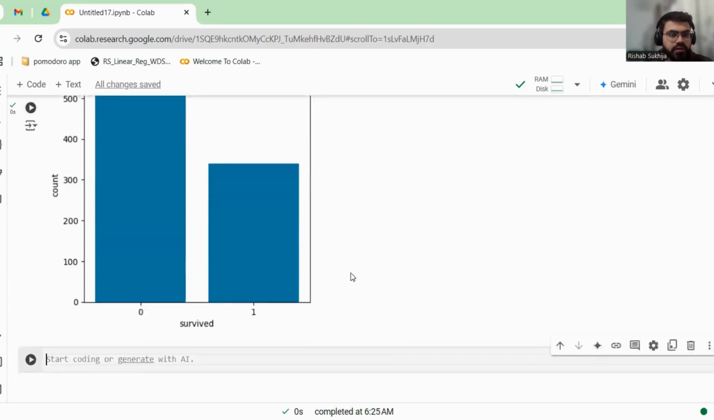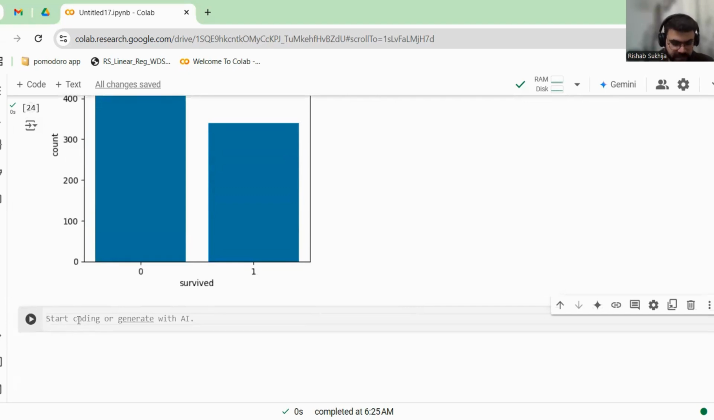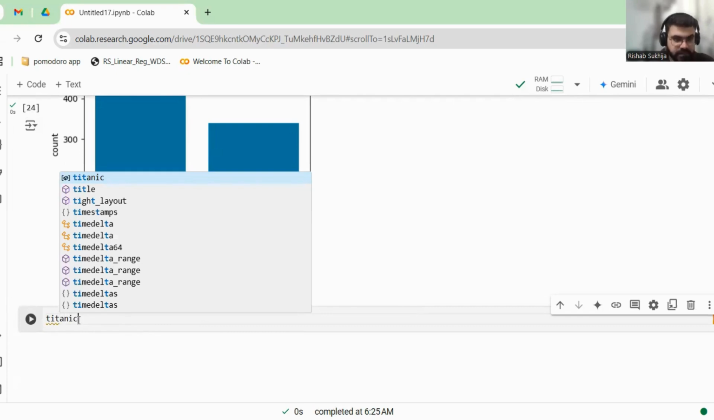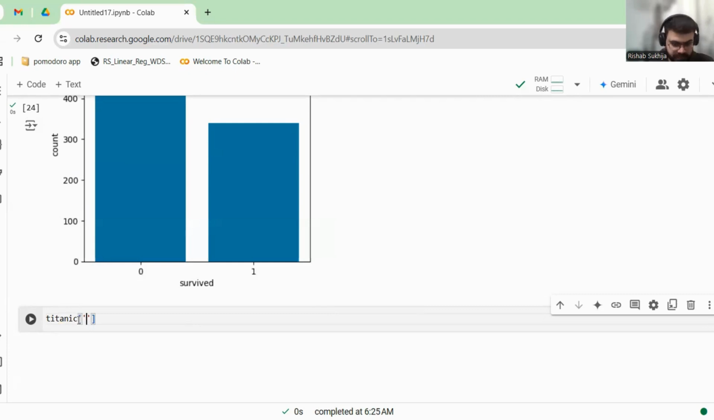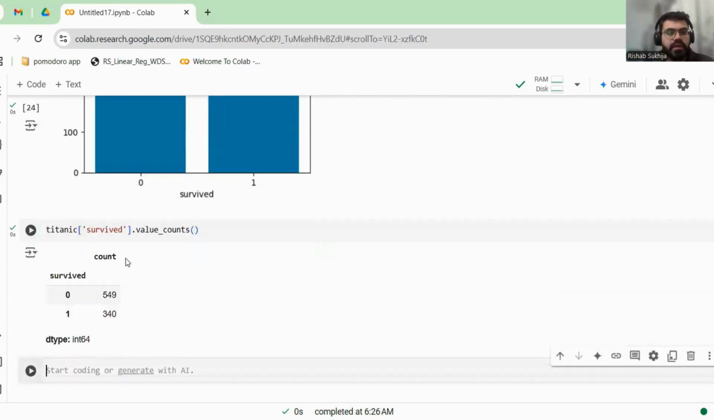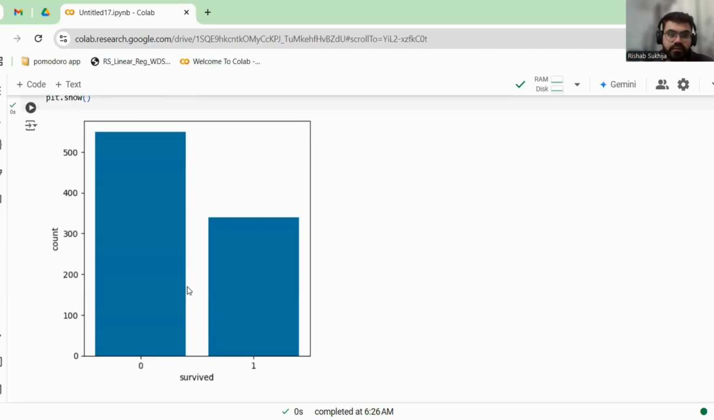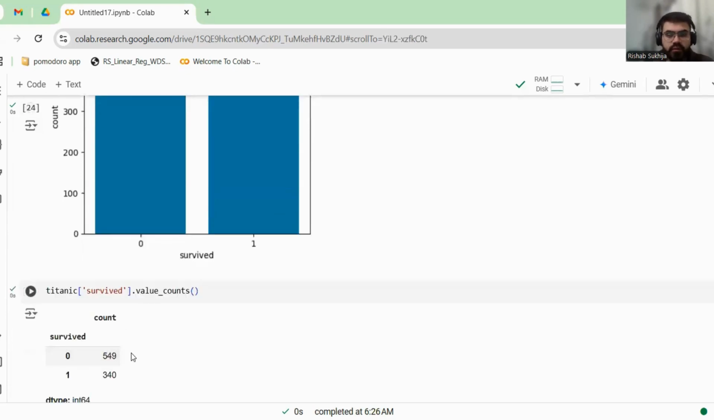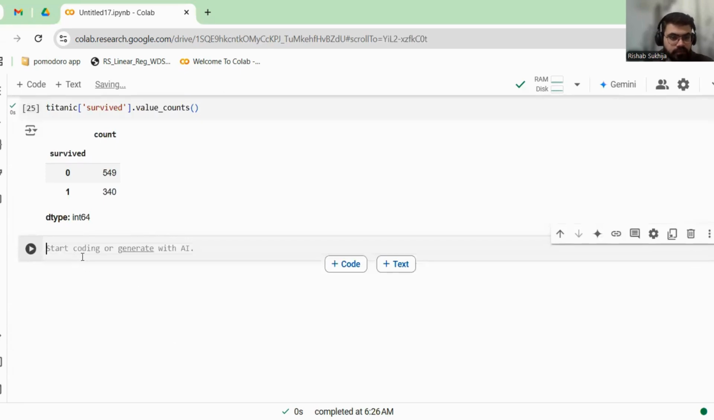You can also do this thing: dot value counts. So it will give you the count also here. Instead of visually, if you want to look at this, you can do this. Okay, cool. Now, once you have confirmed that it is not an imbalanced data set, you can go ahead and